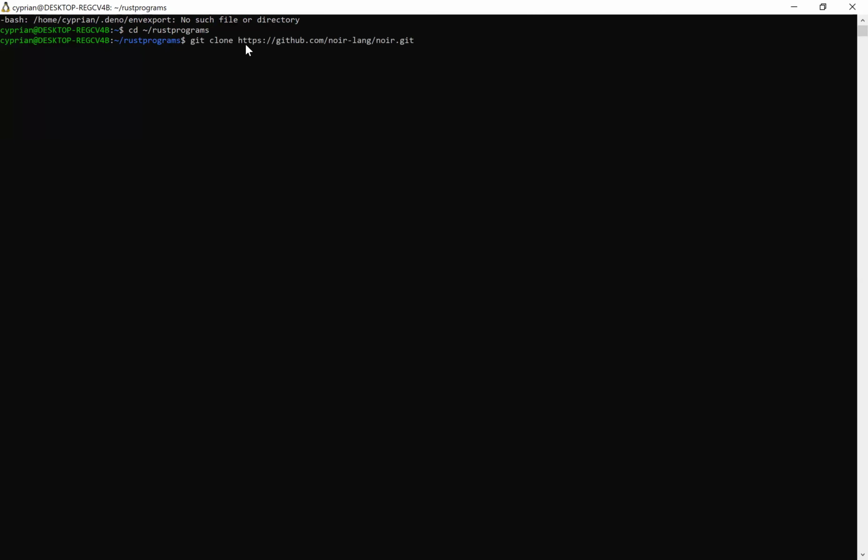So git clone https, that is the link. Just copy and paste it there. So if I press enter,